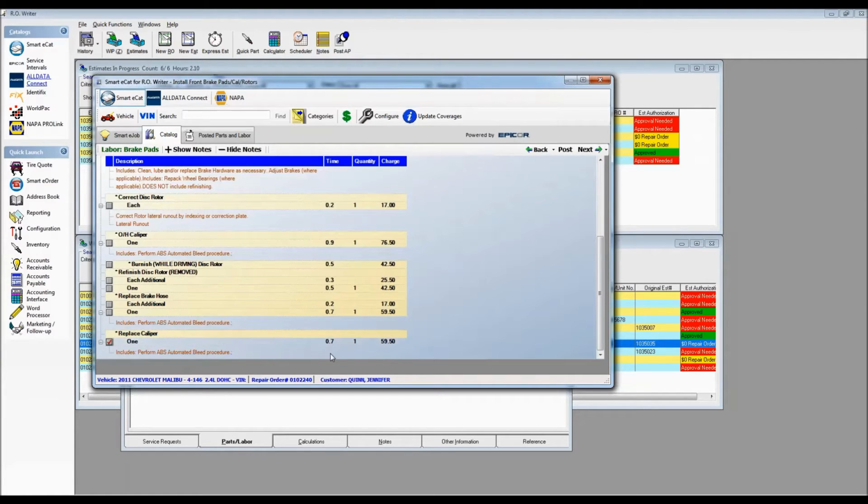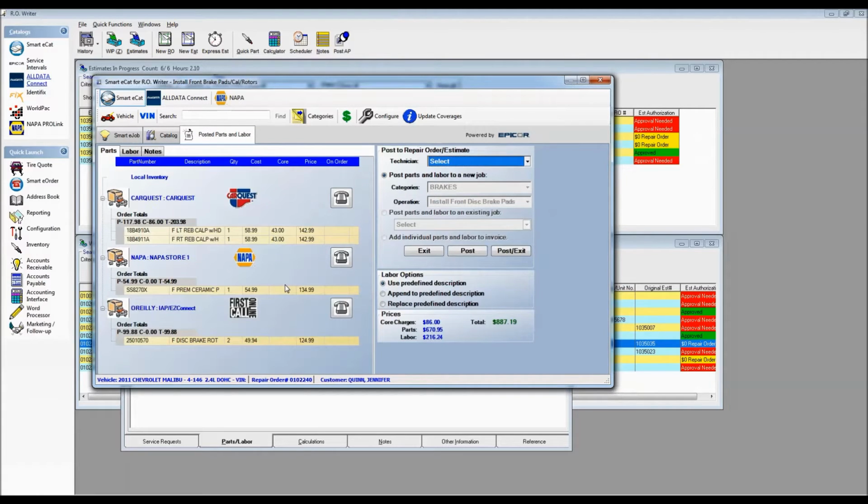So if I checked that box and then came over here, I can change my quantity from 1 to 2 because I want left and right. And after I've changed that quantity, I need to click anywhere off of that particular value, meaning click into this yellow space here. It now locks that value in. As I click on Next in the upper right-hand corner, it takes me to what's called my Posted Parts and